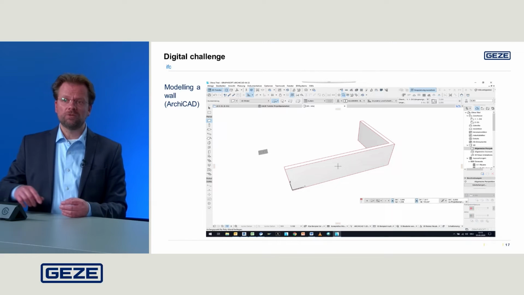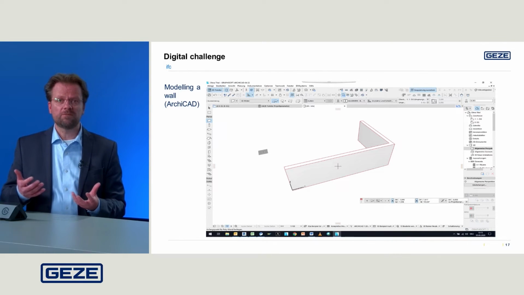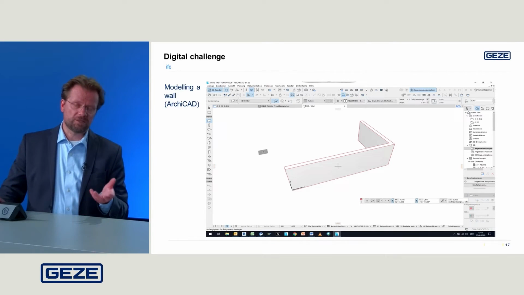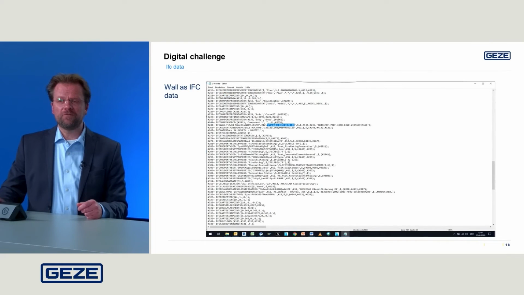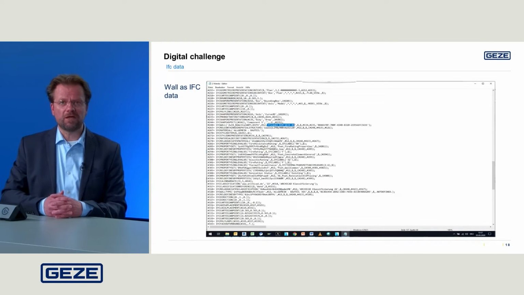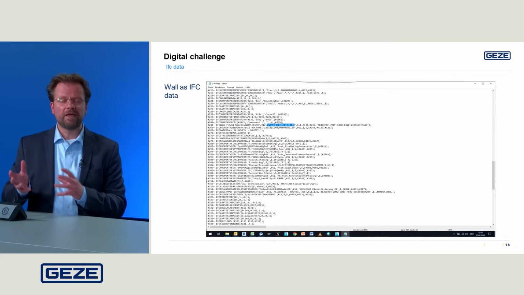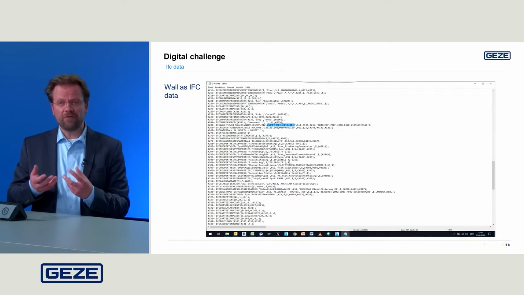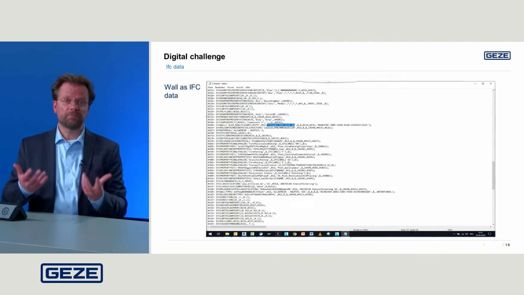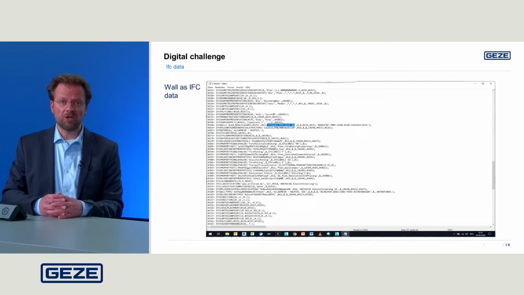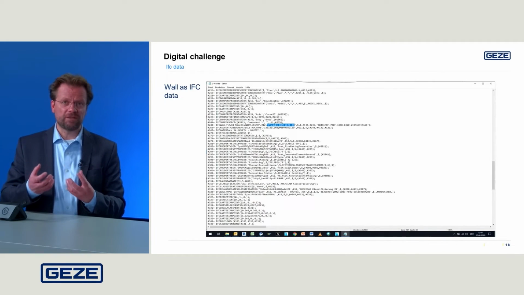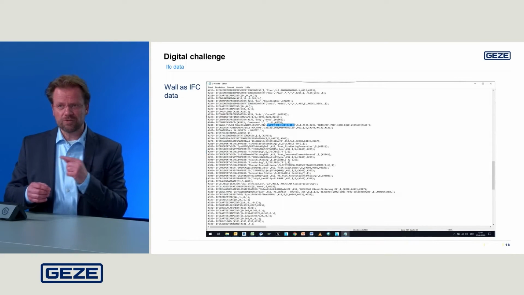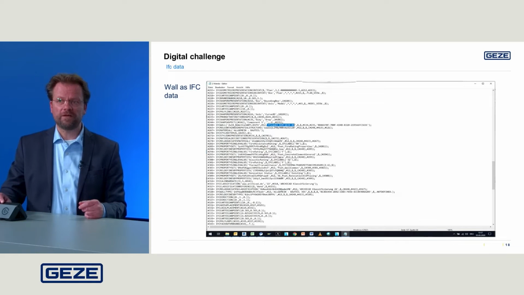We are able to create these planning processes with you. Here I have an example of just 2 walls, and if you create an IFC data, let's compare it with a PDF file. It's not made for changing it, but it is like a PDF file that is not with many meta information, and it is not made for changing it. So this is a great tool if you look closer into these IFC files.